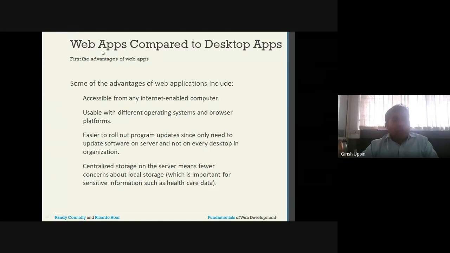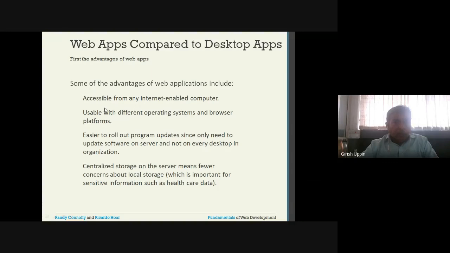With the web application, the biggest advantage is that it will be hosted on the server, and it can be accessed from the client. The client is nothing but the web browser side of the application. So whenever there is any update, we can directly put it on the web server and it will be reflected in all the browsers, right? So that is the advantage of having a web application.